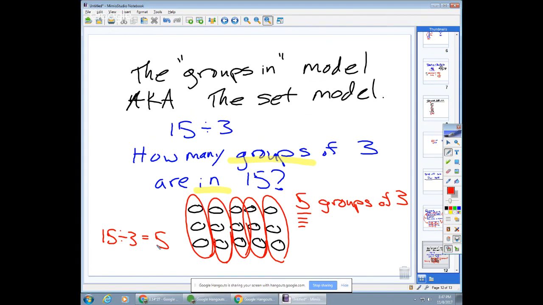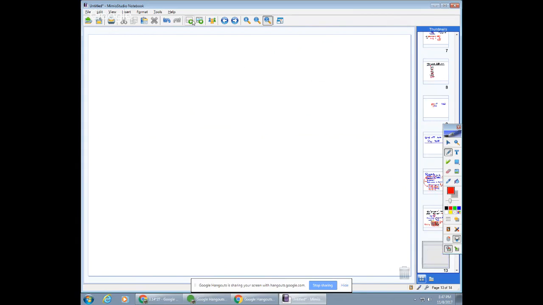Number line was for addition and subtraction, although you could do this on a number line. Yeah. So on a number line, it would be a lot like the groups in model, because I'd be just looking for batches of 3 on the number line. So you just do 15 lines and then circle. Yeah, so for a number line,